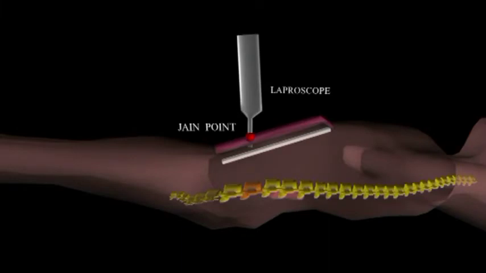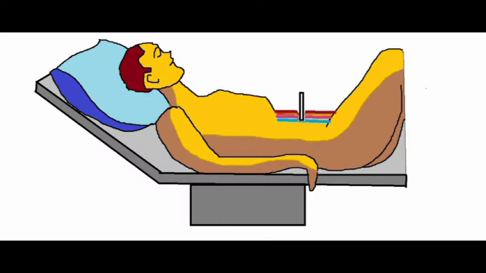Two pops were heard as it crossed the aponeurosis of the external oblique muscle, and the fused aponeurosis of the transverse abdominal muscle and internal oblique muscle. After crossing these points, resistance is felt as the needle enters the peritoneal cavity. With proper safety precautions, pneumoperitoneum was created and a 5 mm trocar and telescope is inserted. The area below the entry point is checked for any injury and then a 360-degree check of the abdominal cavity was done, especially the upper